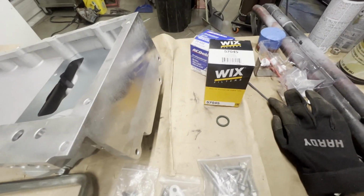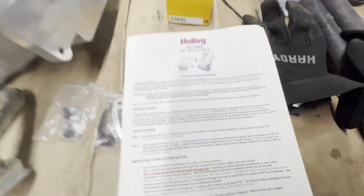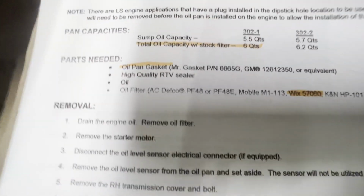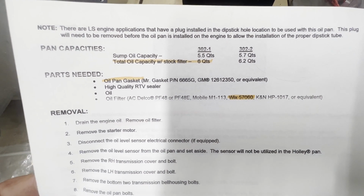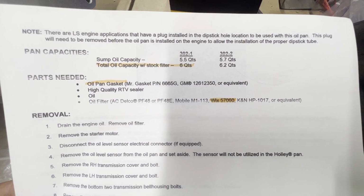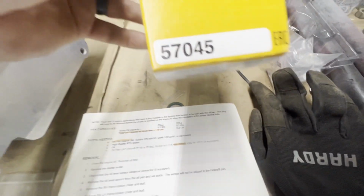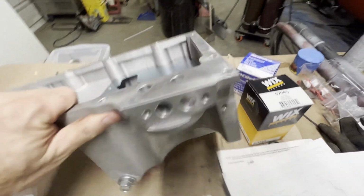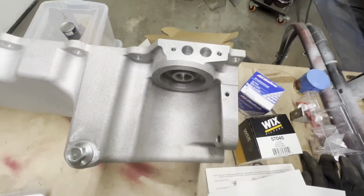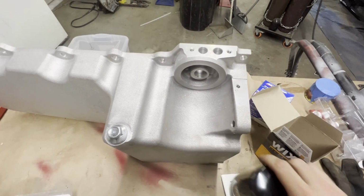And then what I was going to show you guys is, when I went to the parts store, this document from Holley will tell you what oil filters you can use. AC Delco PF48, PF48E, Mobil 1 M1-113, or a Wix 57060, and so on and so forth. I use Wix filters, and as you can see, this is not a 57060. The difference is, let's flip this oil pan up, as you probably already know, the length. So if you look at a PF48 and a PF48E